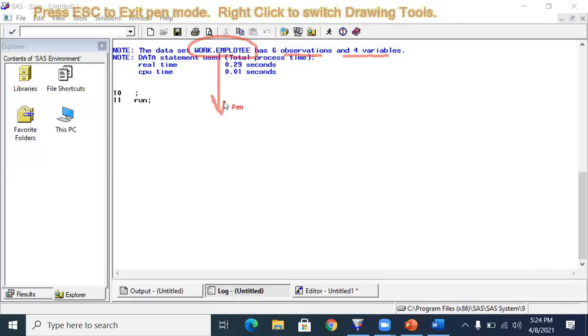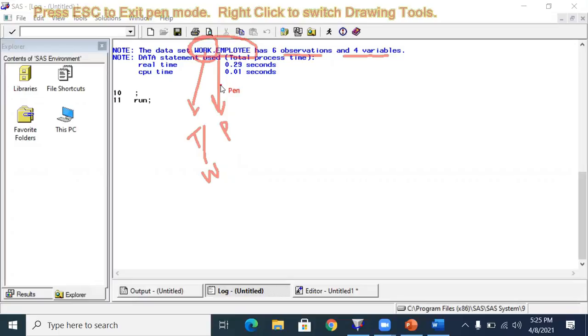From where did this work come? I told you there are 2 kinds of library in SAS. One is the temporary library and the other one is the permanent library. This temporary library, we also call it the work library. Clear? So by default, this data will go in the work library. This is the default library in SAS. Sometimes they ask you in the interview, which is the default library in SAS. That is the work library.